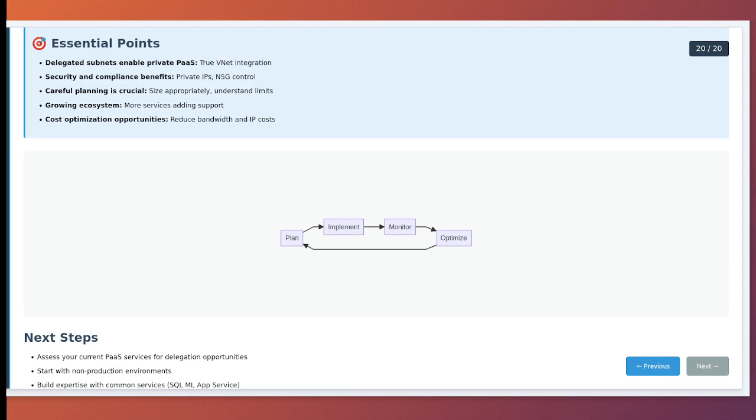The benefits we've covered: network isolation, private connectivity, simplified security, and enhanced compliance, solve real business problems. I've seen delegated subnets unblock cloud adoption in organizations that previously couldn't use platform as a service services due to security constraints. Proper planning cannot be overstated. Size your subnets appropriately. Understand service limitations, plan your IP address space, and document everything. The time invested in planning pays dividends in smooth deployments and easy